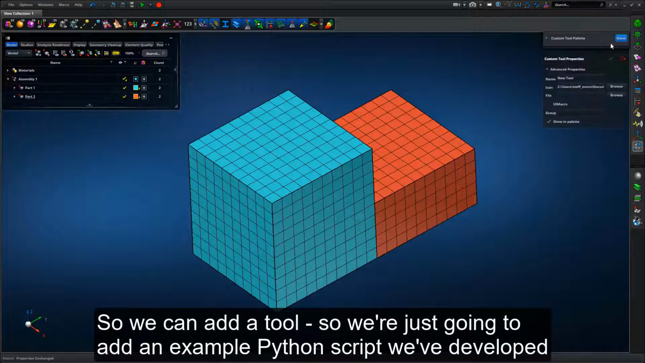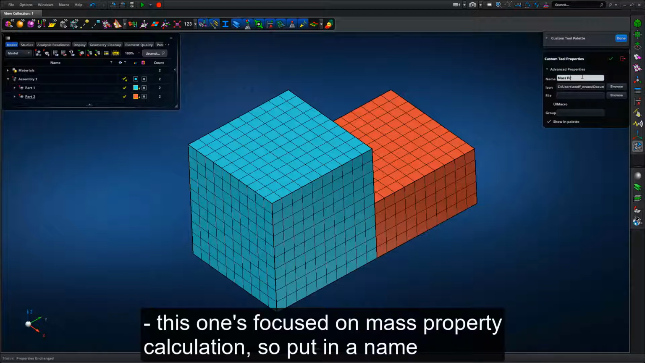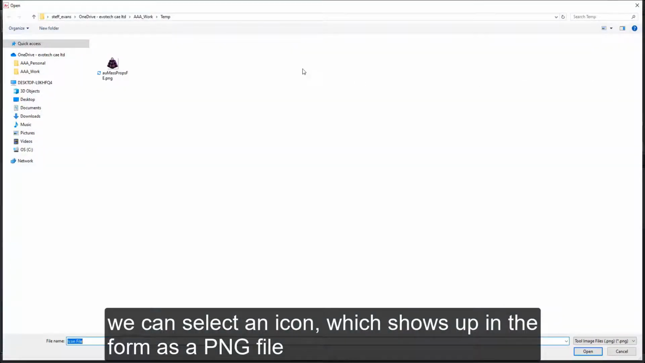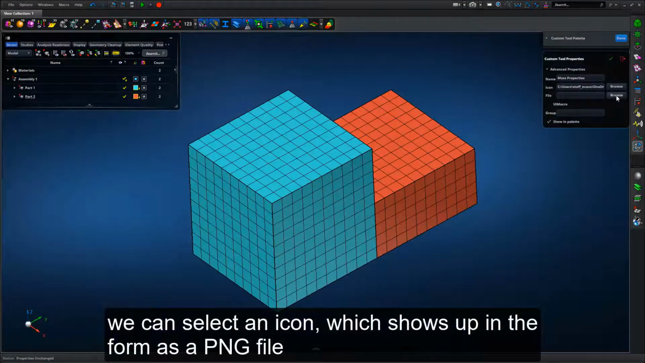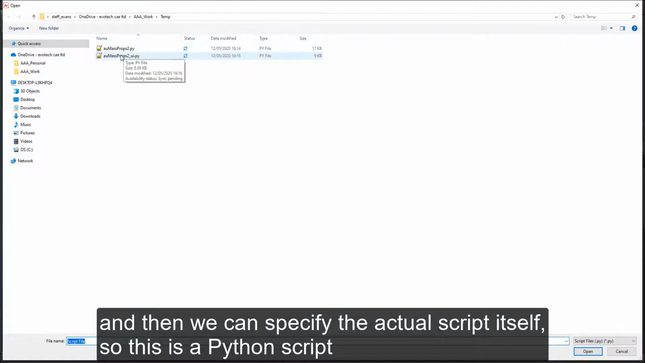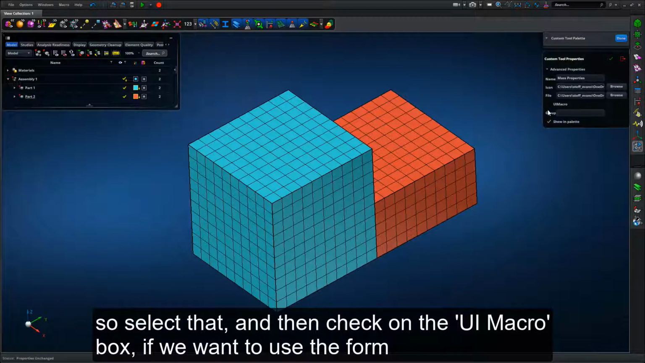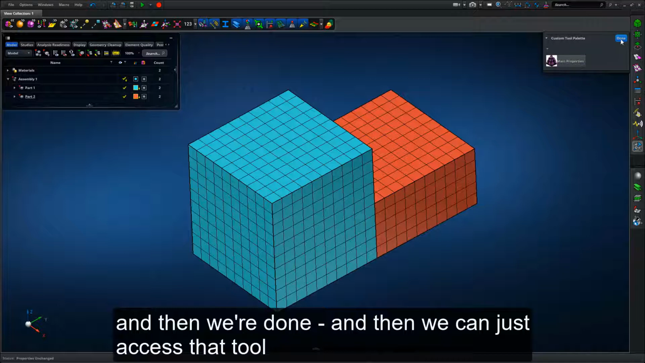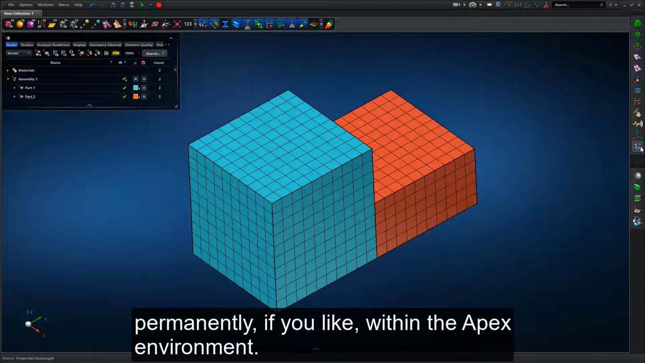So we can add a tool, so we're just going to add an example Python script we've developed. This one's focused on mass property calculation. So put in a name, we can select an icon which shows up in the form as a PNG file, and then we can specify the actual script itself. So this is a Python script, so select that and then check on the UI macro box if we want to use the form, and then we're done, and then we can just access that tool permanently, if you like,